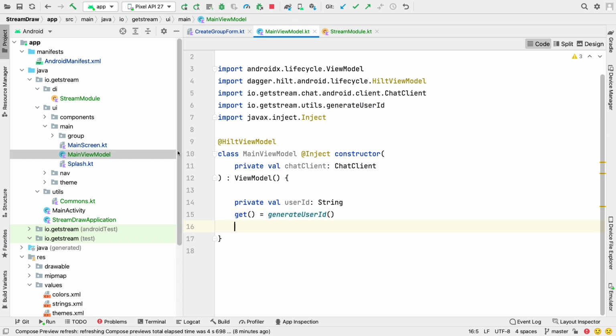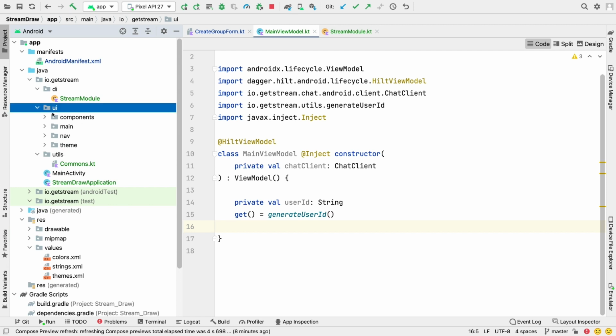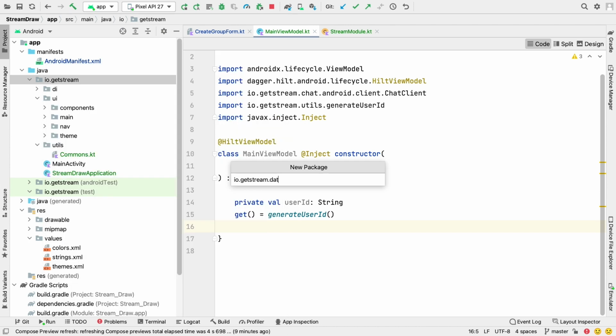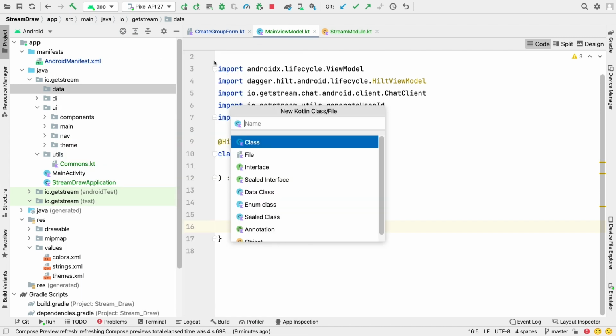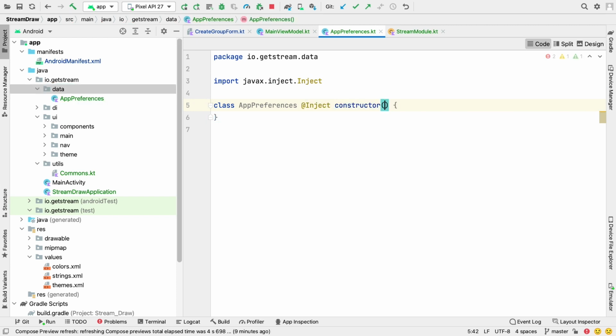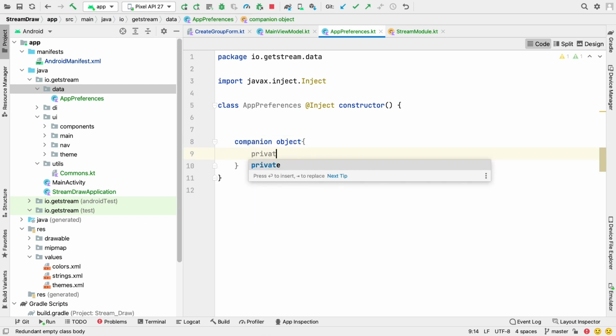Now to save this user ID, let's create shared preferences. So what I will do is I will create a new class, and for this inside my main package, I will create a new package and I will name it data. Inside data, let's create a new Kotlin class file and we can name it app preferences like this. Now again, I will use the constructor injection for this app preferences. So I will write inject constructor like this, and inside this class, I will define a companion object, and here